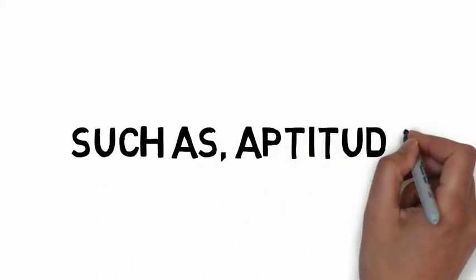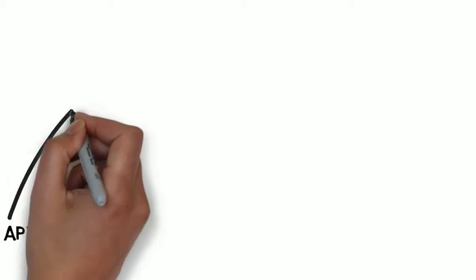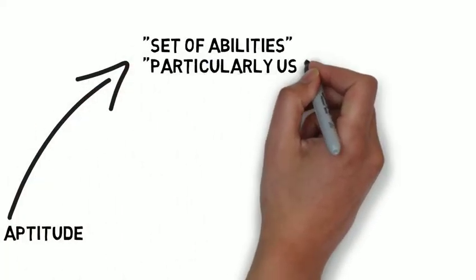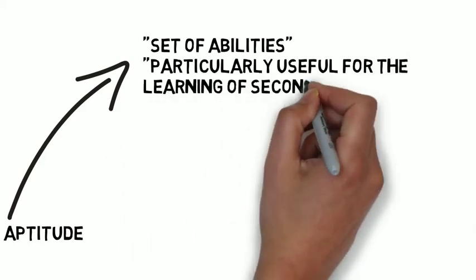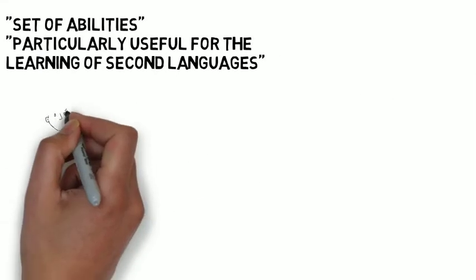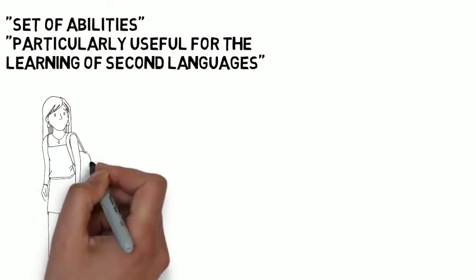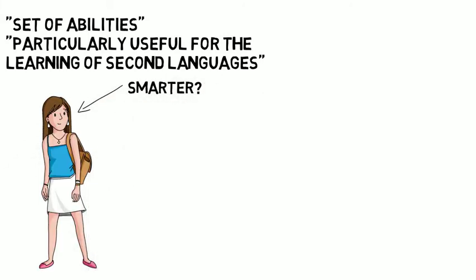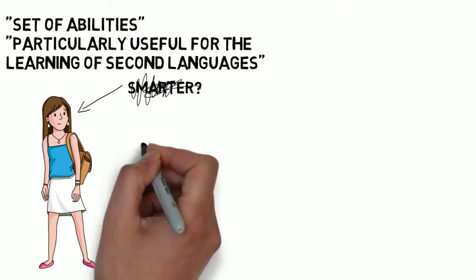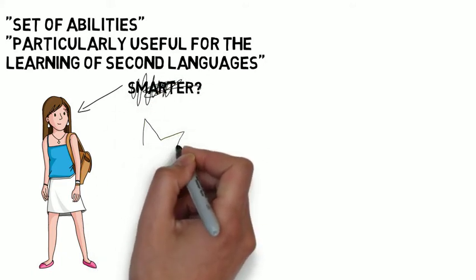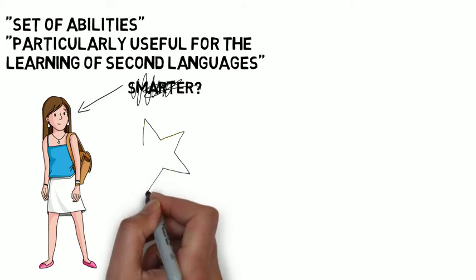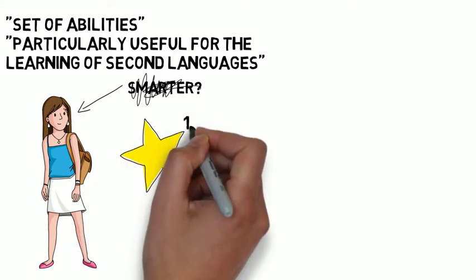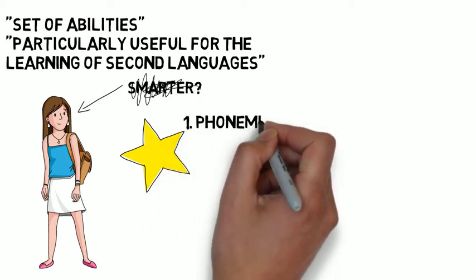But what is aptitude? Traditionally, when we say language learners have high aptitude, we mean they have some set of abilities that seem particularly useful for the learning of second languages. What does this mean? It means your general intelligence doesn't predict how well you'll learn another language, and it means you mostly have it or you don't, and you can't exactly develop more of it. And it means that researchers are identifying specific components. But what components? What are these mysterious special abilities that help you in second language learning?